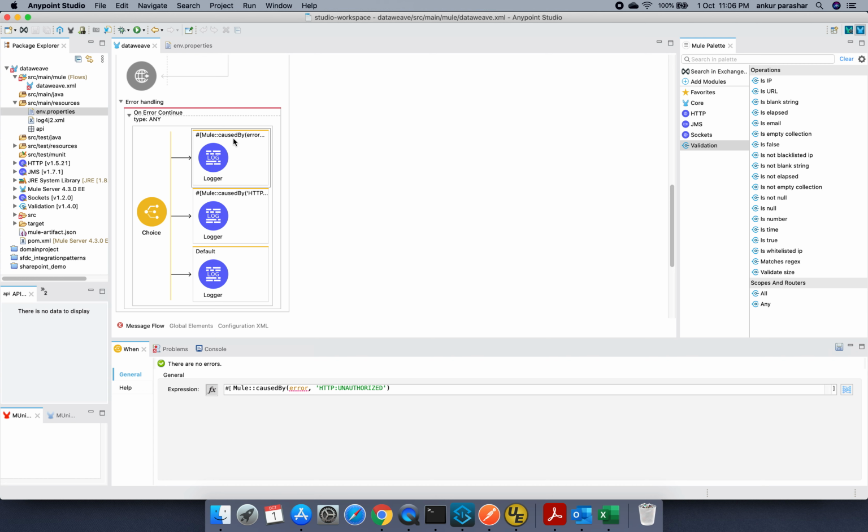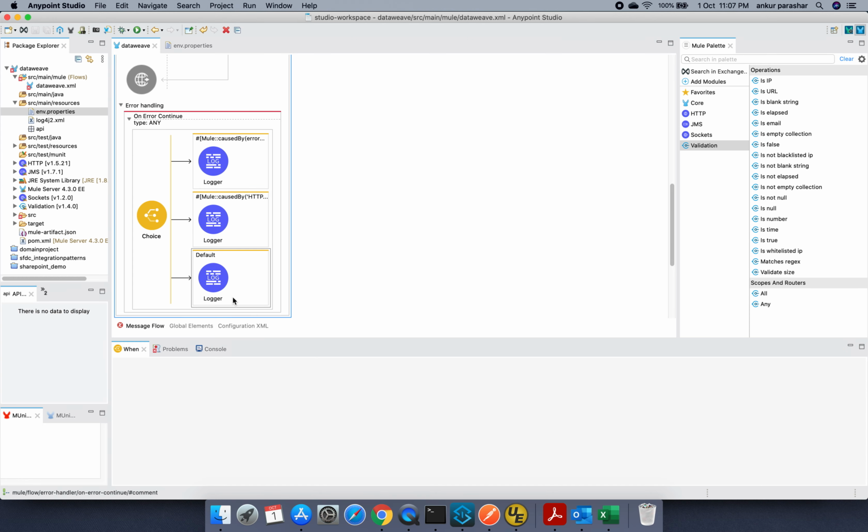Earlier we could have different conditions over here, right? Instead of that we can specify this particular combination as well. If it returns true, then it will go to this, otherwise to the second one, or to the third one accordingly.